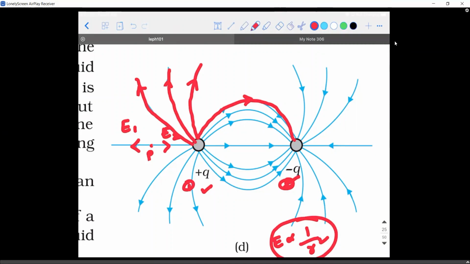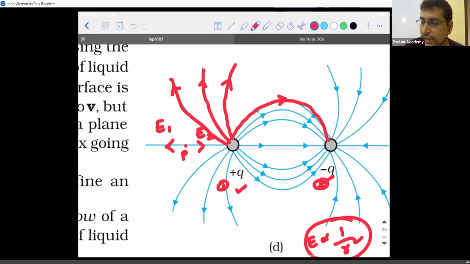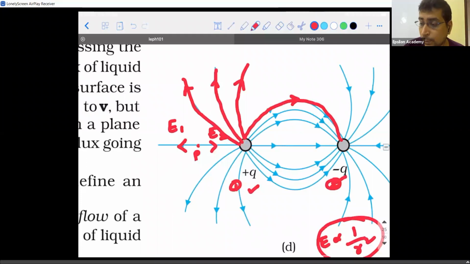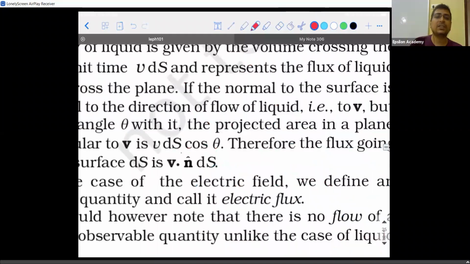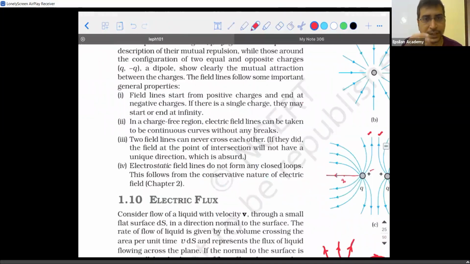Okay. So these things you have to understand. Based on all these observations, there are certain properties that these field lines are going to possess, which are simple points yet very effective and important ones. So please make a note if you have a textbook, please underline all the points that I'm trying to say. First thing, field lines. When I say field lines in this chapter, it is restricted to electric field lines. So field lines start from the positive charge and end at the negative charge.